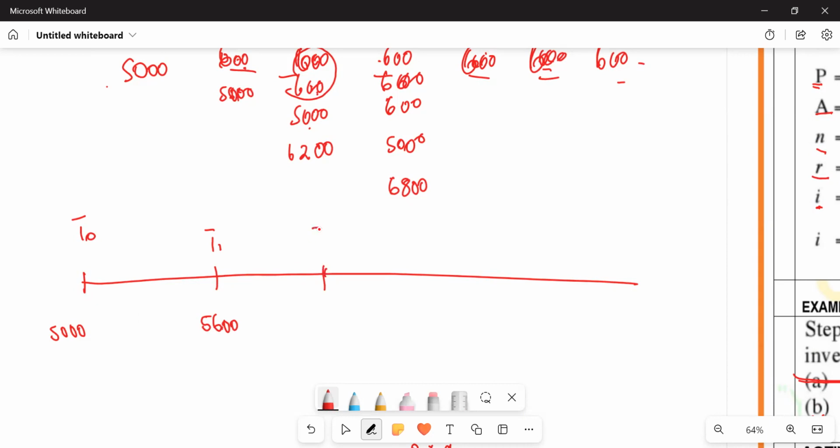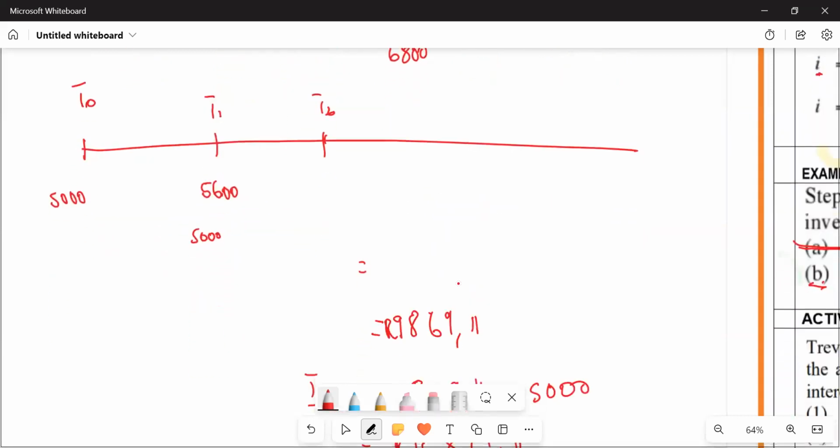But as we go to number two, this is what is going to happen. Look at what happens. The 5,000 is going to receive its own interest. The interest for 5,000, we agreed, is 600. But the 600 is also going to receive its own interest because it's also in the bank. So the interest also receives interest. That is the difference between compound interest and simple interest. So when you go to month number two, instead of having the 6,200 you had on the simple interest,